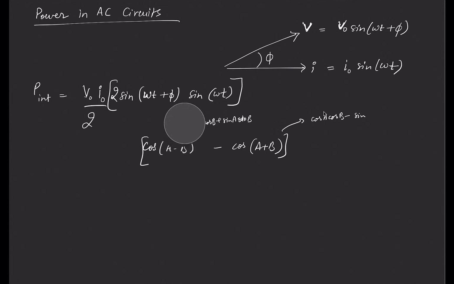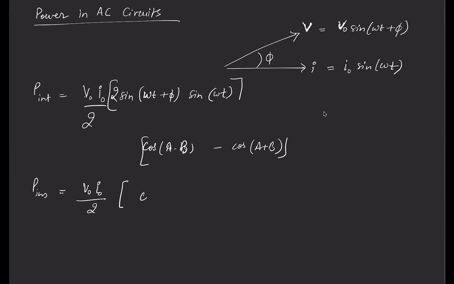So the formula of 2 sin A sin B is this. So we'll apply this formula and we'll get instantaneous power to be V naught I naught by 2 times cos of A minus B, which is cos of phi, minus cos of A plus B, which is cos of 2